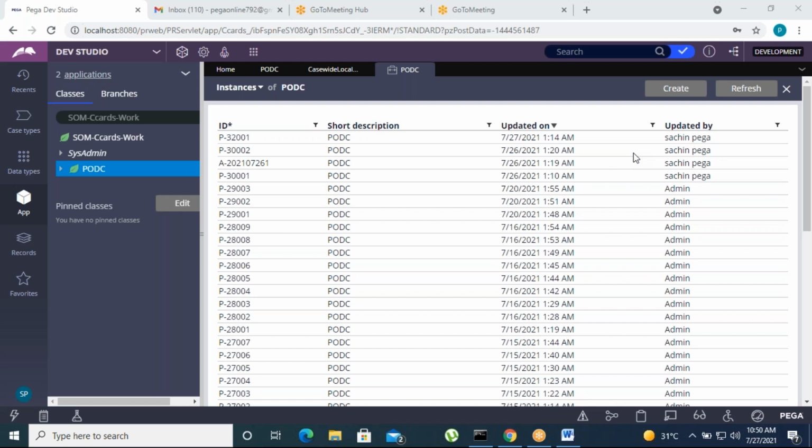Obj-Browse. Okay, so which method? Tell me.